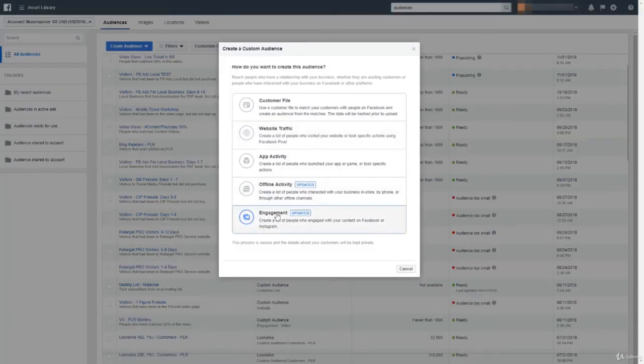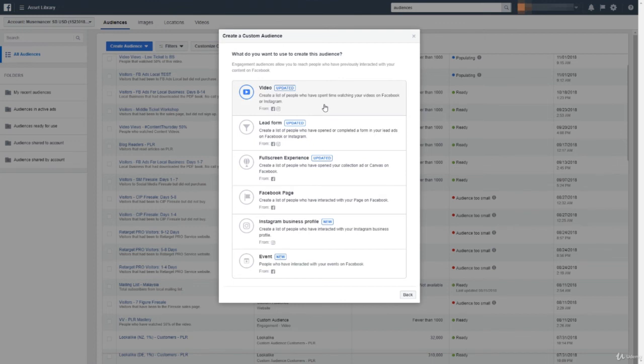Engagement. Do you know that people who have interacted with your Facebook page or your Instagram account, if it's attached to this, you can even target them as well. So you might have come across some ads by marketers that went along the lines of, thanks for checking out my Facebook page or my Instagram account, and I have this free offer I'd like to share with you as a new visitor of mine. You might have come across that kind of ad before if you have been observant. So